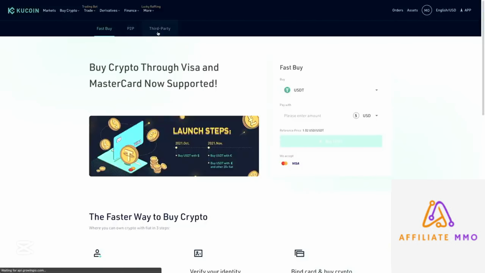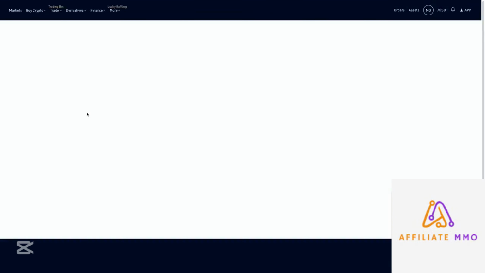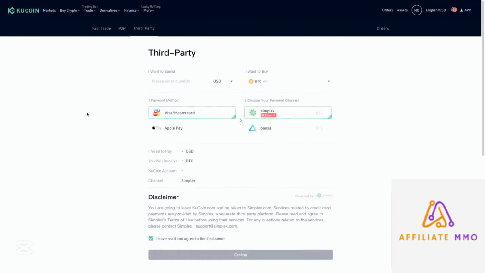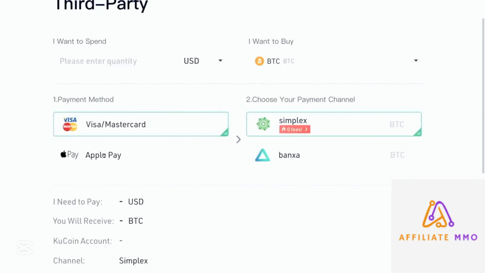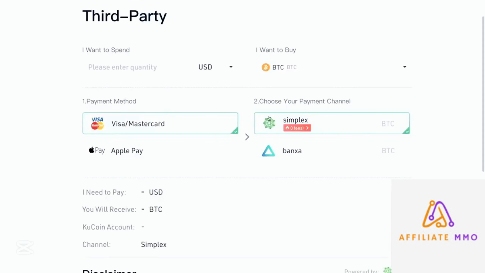So in the same screen, you can see third party right here. Just click on that. And this is basically the same thing, but you actually don't use Kucoin. So you can use one of their partners. So you can see Visa, MasterCard, Apple Pay, Simplex, which is actually a very popular kind of third-party payment provider